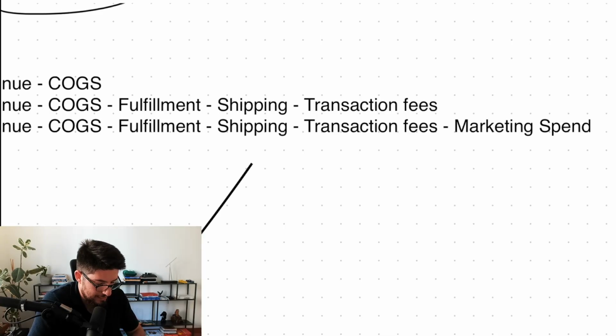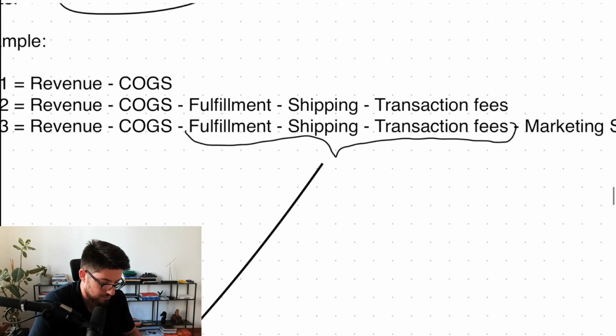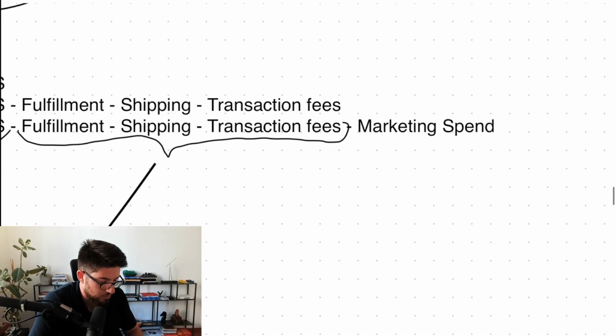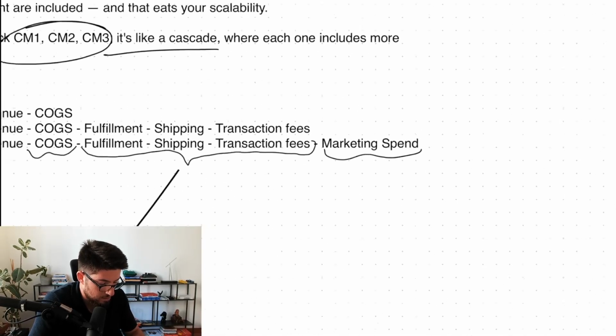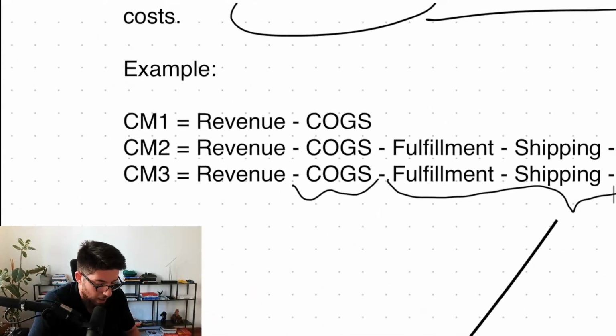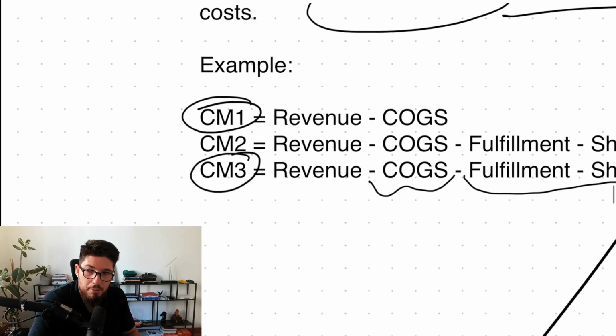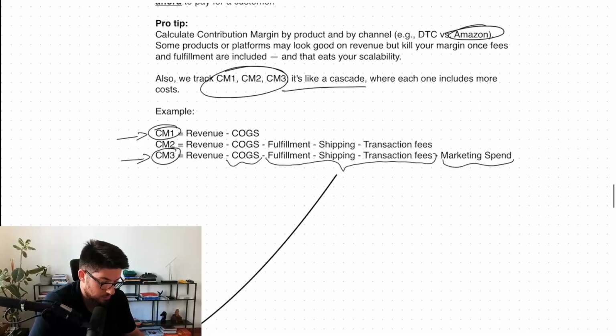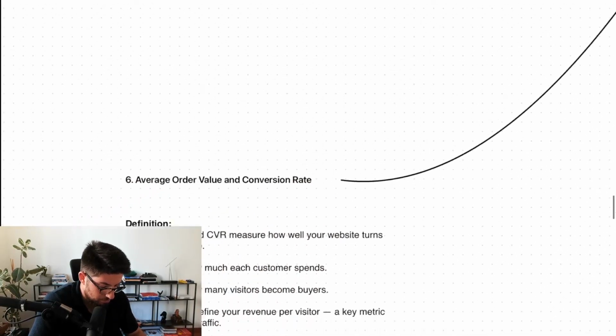So let's say, in this case, you include all of these. Some people put marketing in COGS. I would say it's stupid. But basically, revenue, COGS, and then you include the marketing spend. So the CM3 would be a more accurate profit. I think revenue minus COGS is good as well, but you would make different decisions looking at CM1, which only considers COGS, and then looking at CM3, which considers a lot of costs, right? So that's contribution margin.